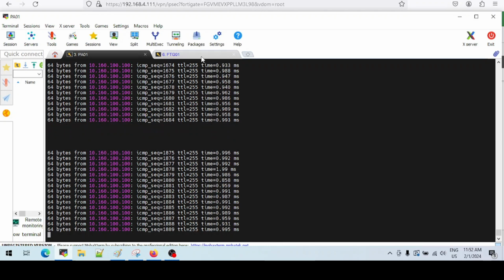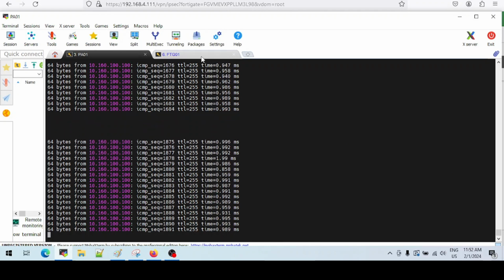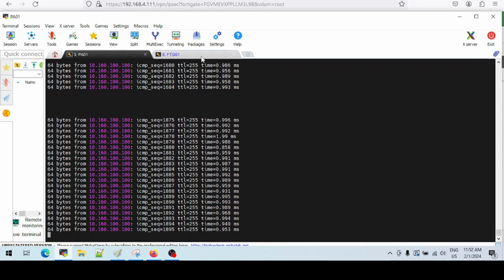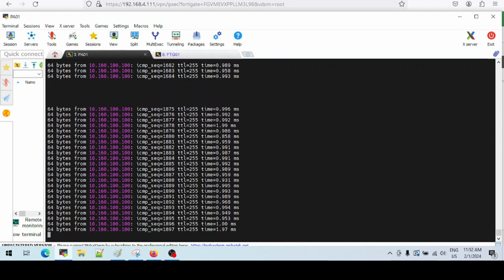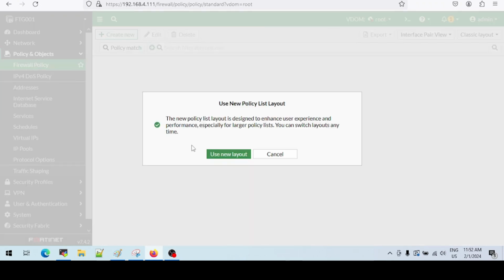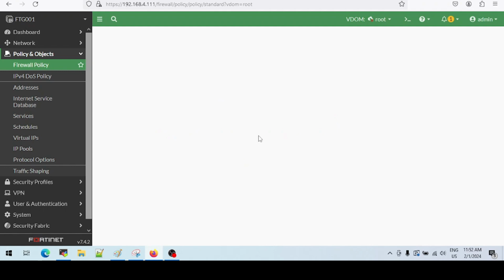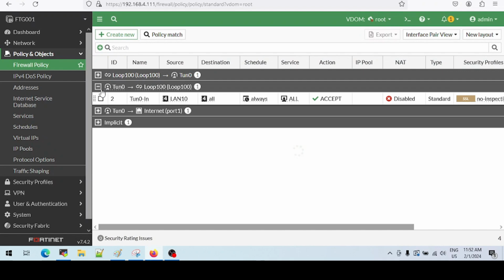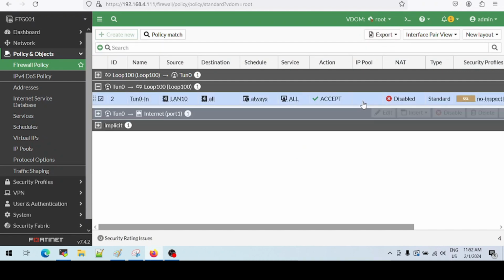Okay, so now the last scenario that I want to demonstrate is, say, for instance, there is no firewall policy permitting the traffic. And for that, we need to find the firewall policy that's responsible for allowing this traffic. And I believe it's this policy over here.